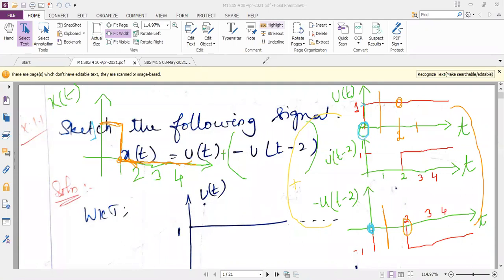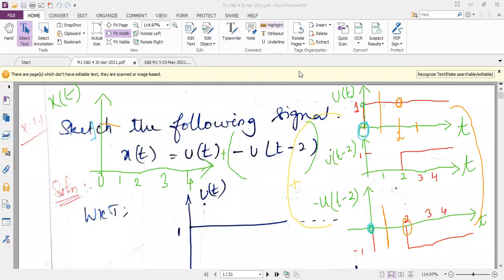Okay, there is a small change. Wait a minute. Again, I will explain it to you. So I am drawing the x-axis here. I'm sorry, there is a small confusion in the diagram. 1, 2, 3, 4. So I will repeat the solution again. At t equal to 0, initial amplitude is 1, and here it is 0. So at t equal to 0, I have maintained the amplitude as 1.